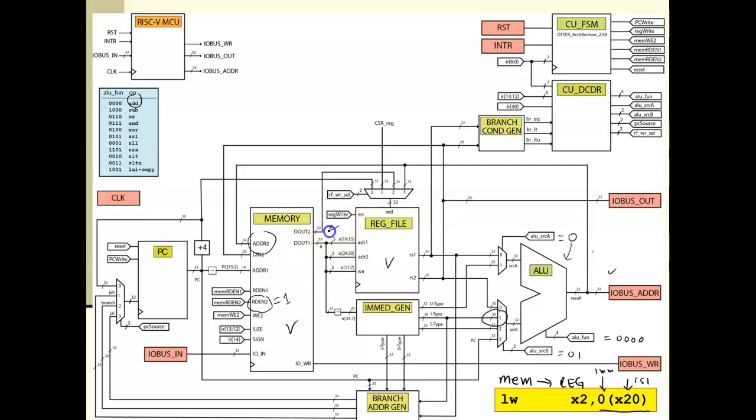The data is going to be available on this DOut2 here, and I need to write that data to the register. So two things have to happen during that write back cycle. I have to turn this read write on, which you've seen before. There's my 1, and I have to get this data transferred over, which is from memory into the reg file. So I need to turn this on. So this equals 1, 0. So it's 1, 0 to get that. Let's see if that's right. To get that data through the 2 input on the mux. And so that is our